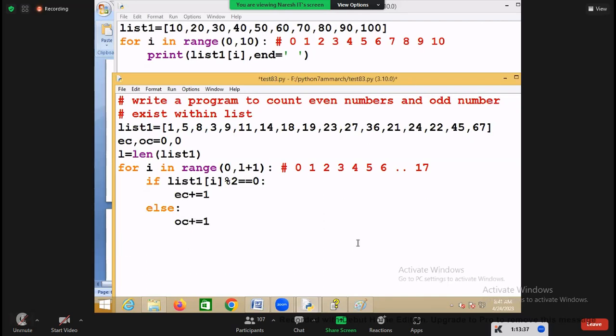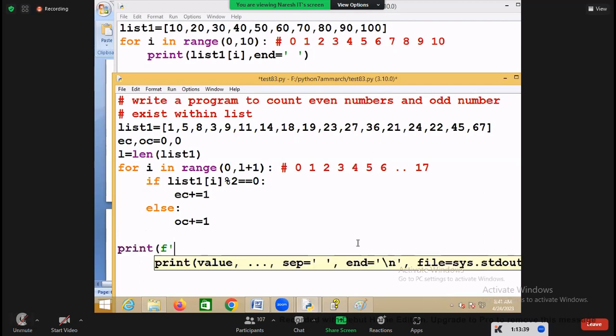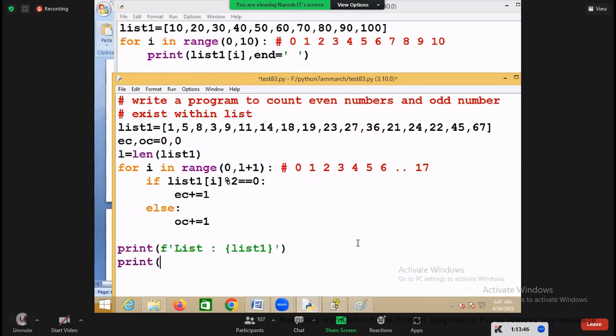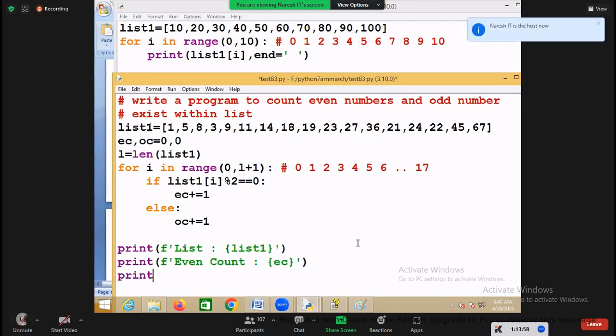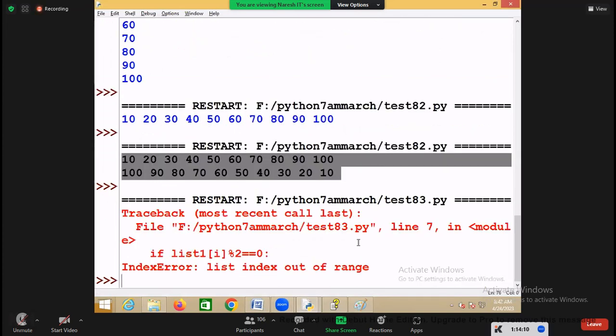So here I try to display. This is a list, and this list is nothing but list 1. Then I print the even count, how many even numbers are there. I just displayed even number count. So print format, I display odd number count, which is the odd number count. So once you run this,